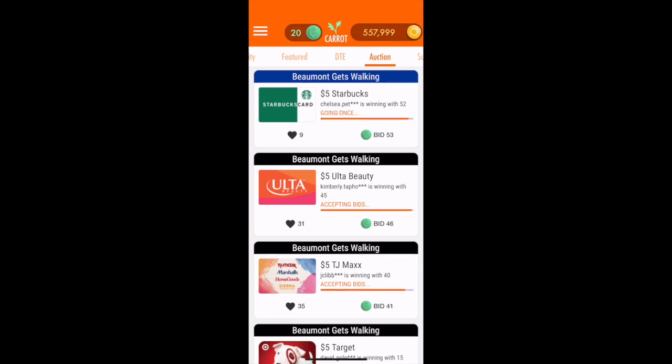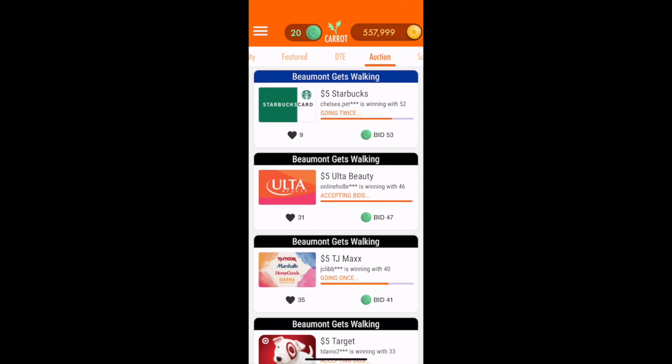And again, inside Carrot, any reward that you see on Carrot, you can bid for or buy. So with our different partnerships, feel free to go for any of the rewards that are out there. As a carrot auction works, it's going once and then it's going twice. The current bid is 53. Do I hear 53? At the same time, a $5 Alta was just